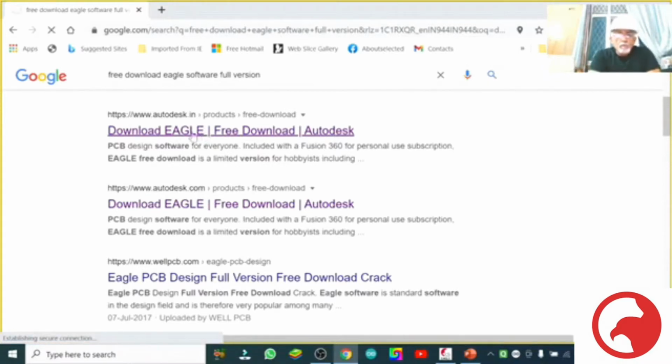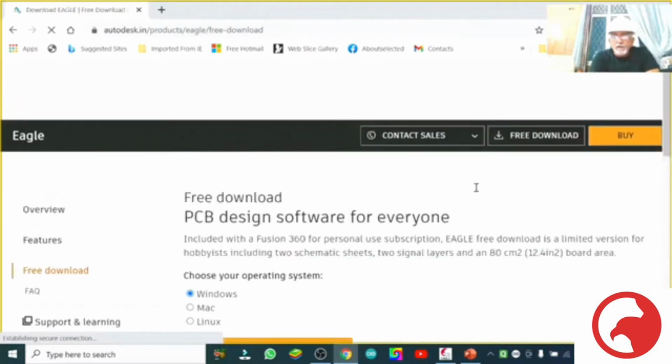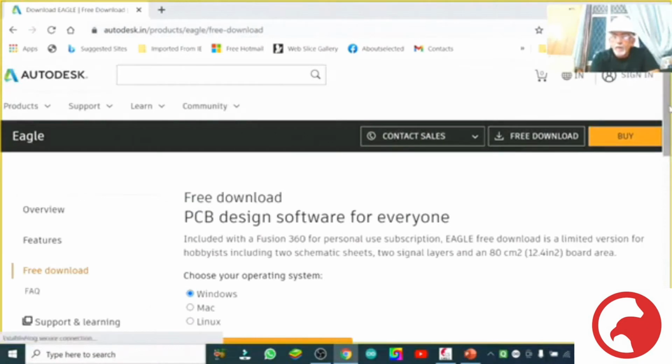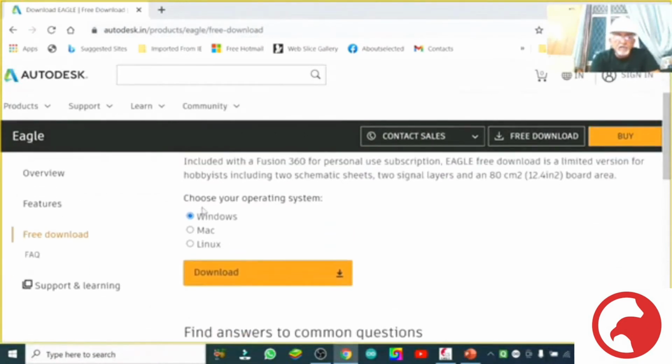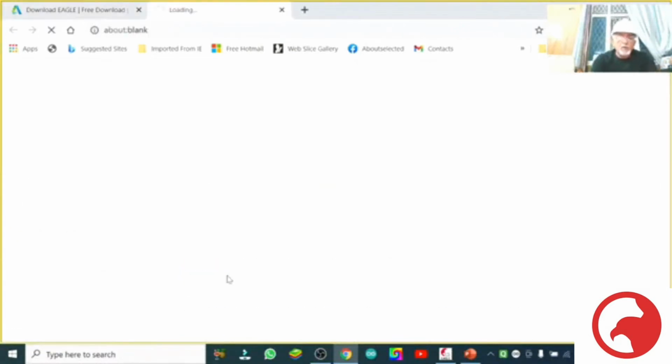So we will move from here. Now we are on the screen to download it, and Windows is already selected, we just have to click on download. It will start downloading.